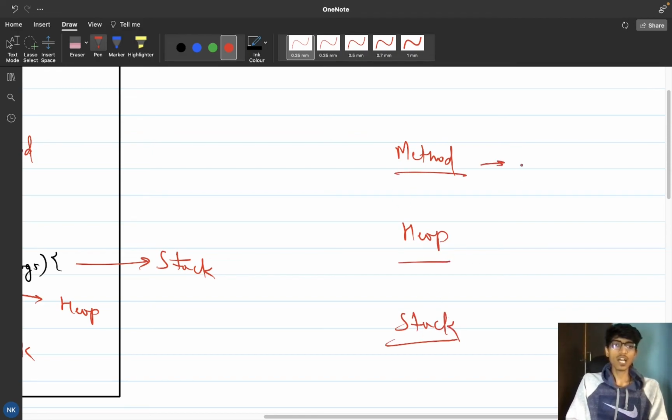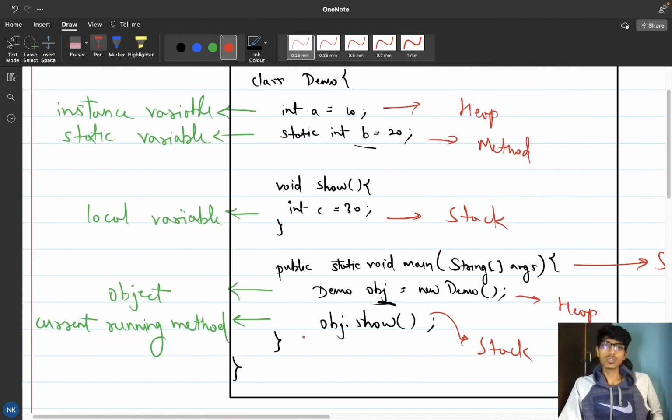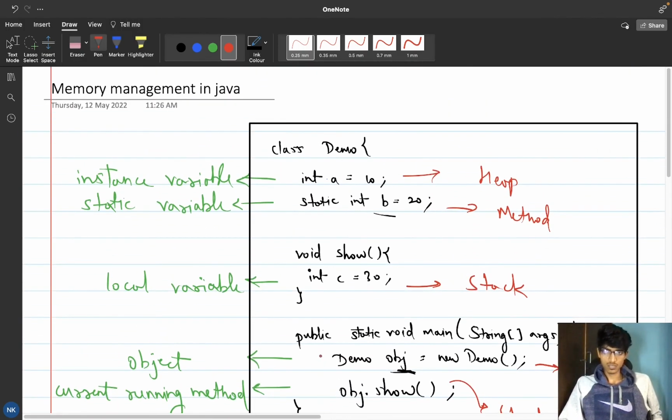One is related to class level data, the second one is related to our object related things, and the third one is related to our local variables or current running methods. So this is the basic idea I wanted to share with you. Just remember these things so that you can use this information in understanding the concepts of programming languages.